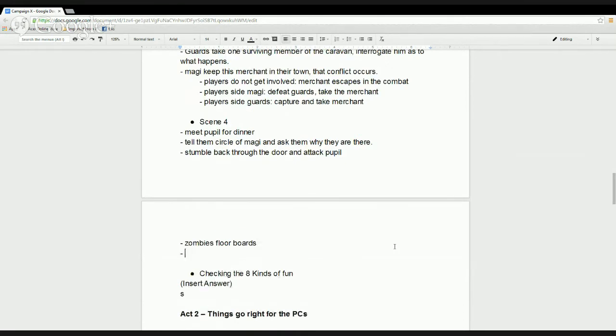Now, how this is going to end, we're going to allow the players to go through, do their full combat, let them fight, let them roll dice, let them defeat the zombies, let them do that whole process. But what's going to ultimately occur is we need something at the end to hint that something a lot bigger is going on. And how we do this is I just had this wonderful thought that this bar is essentially where the circle of magi go, and all of these other figures sitting at the bar are actually the circle. And at the end of the combat, and throughout the combat, we'll see the zombies aren't messing with anyone